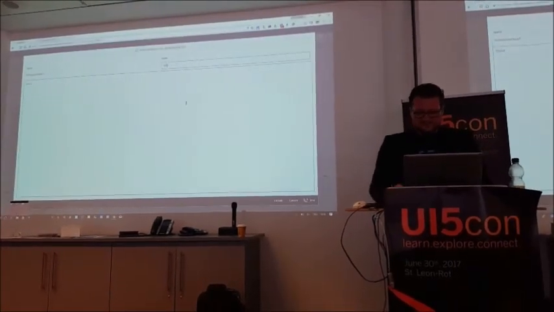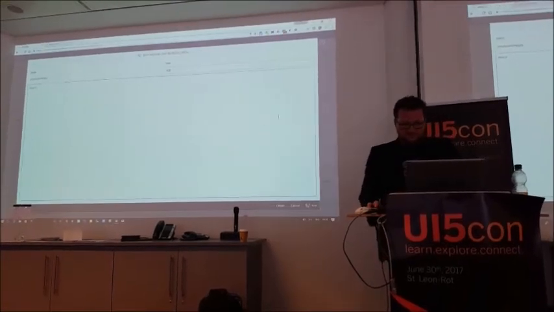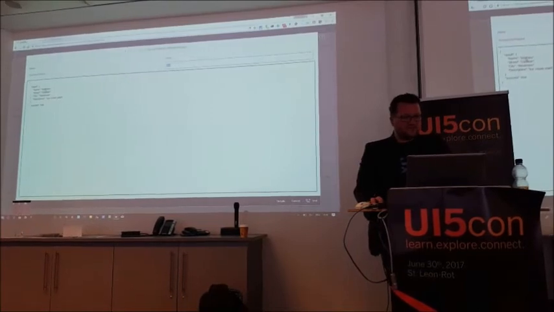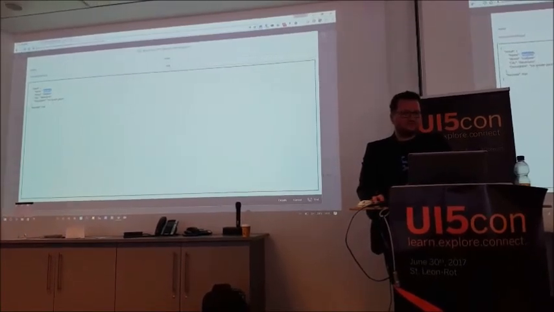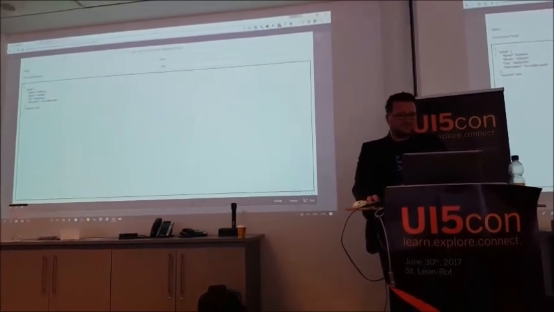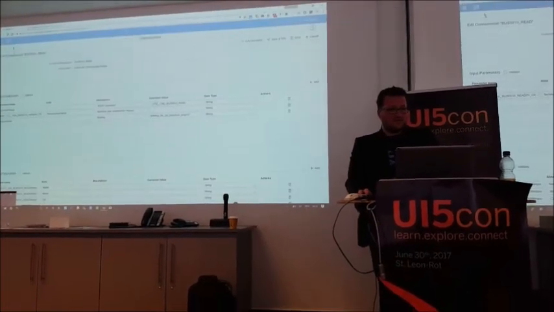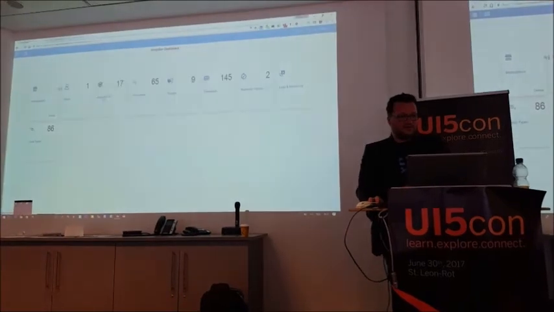Let me try a different one. Maybe we'll get some data back. Yeah, there we go. So that's another functional location. You can now see from the SAP demo system there's some data coming up. So my connector call is working, and I can now go ahead and use this connector call in my